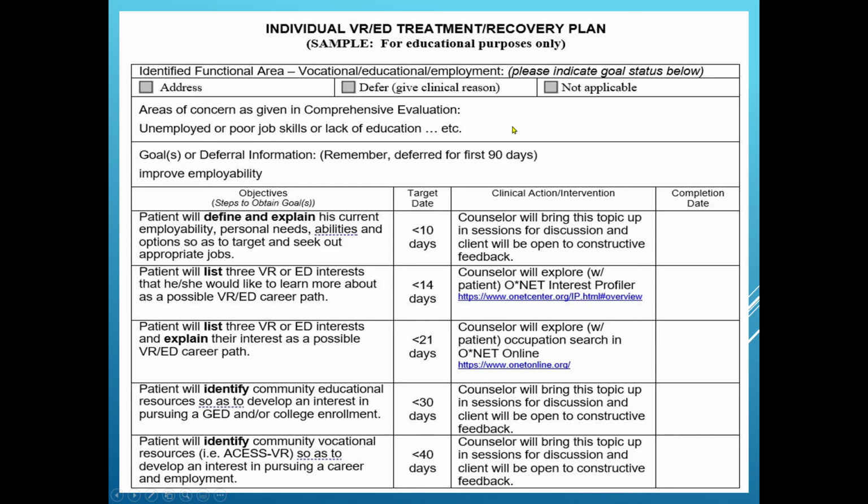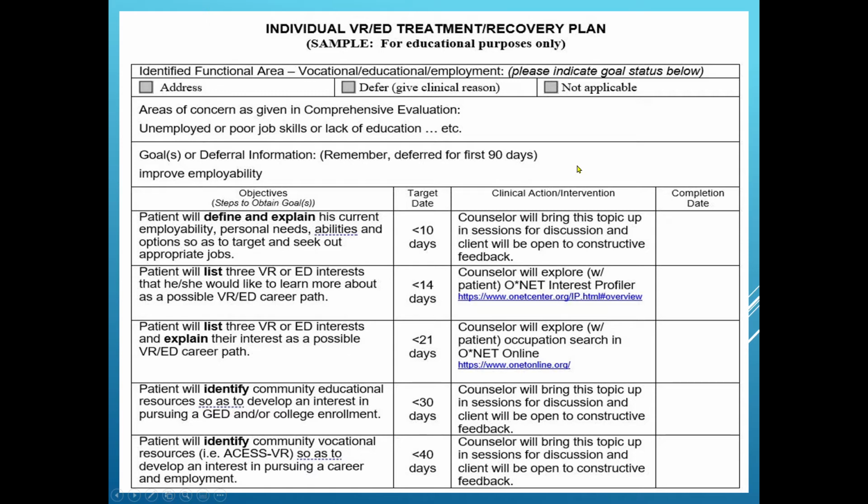So the goal is to improve employability, or get an education, or get the GED. But we can't say, oh, I want to be a lawyer, but you got to go to law school, you got to go to college. I want to get a bachelor's degree, but you got to enroll as a freshman first. So, I mean, we have to make these things attainable.